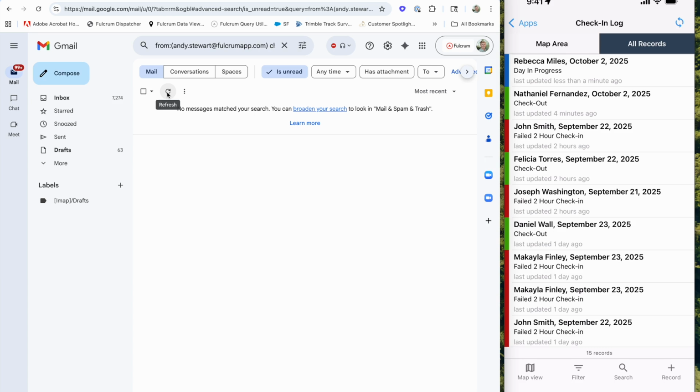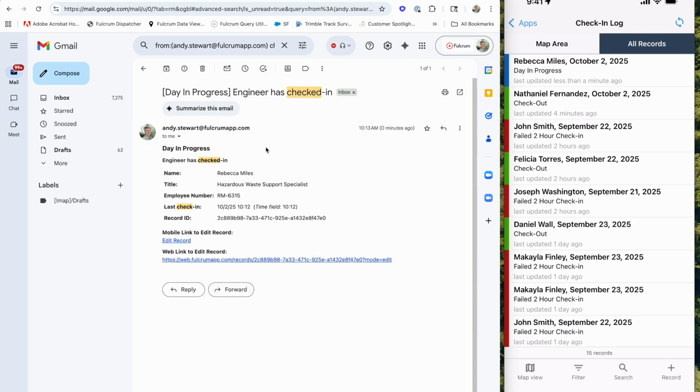For this demo, I've shortened the check-in window to 1 minute with a 2-minute grace period for the employee to confirm their presence. If Rebecca fails to check in with her manager, then the manager will not come back into Fulcrum on their device and update the Fulcrum record's check-in time. Therefore, both the manager and employee will be notified and the system will automatically update Rebecca's record status to failed